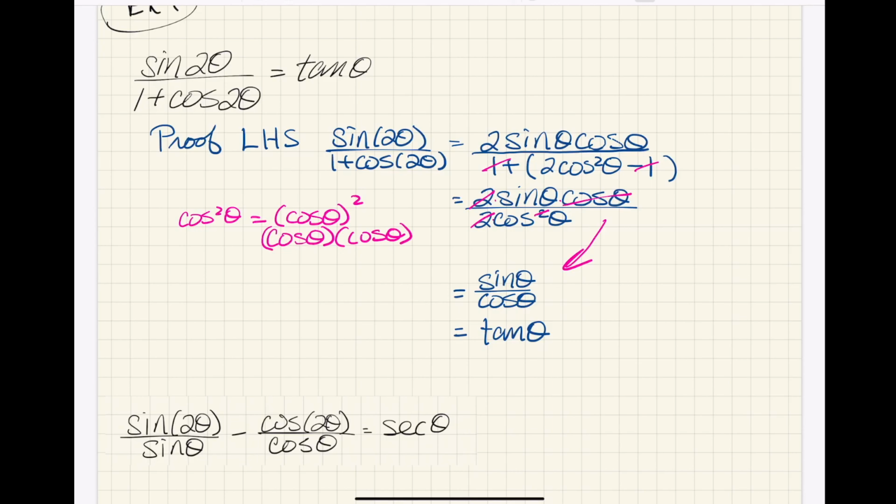And that is the end of our proof, and your book might be giving you a little QED, which is a little abbreviation for a Latin expression, just simply saying that you are done with the proof. Bam! Okay. Now we're going to take a look at the second example that we have here.